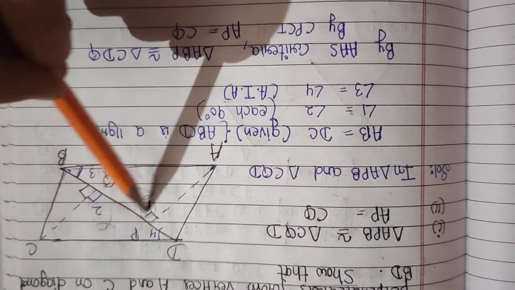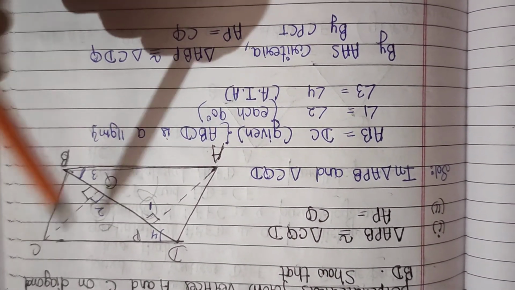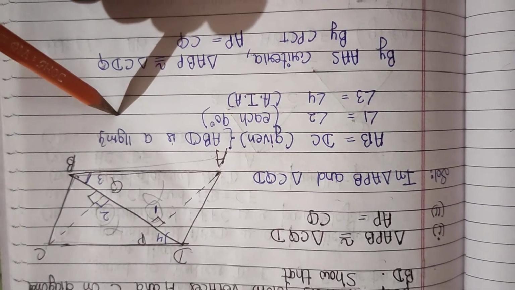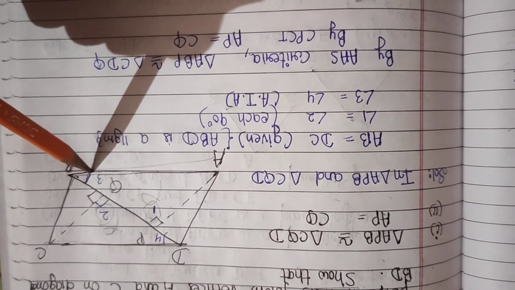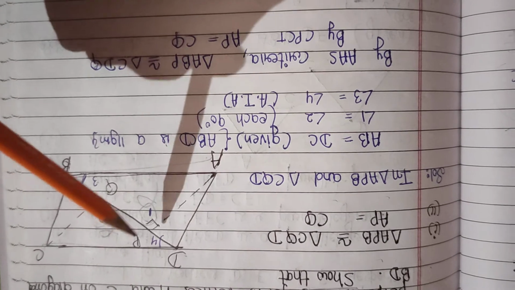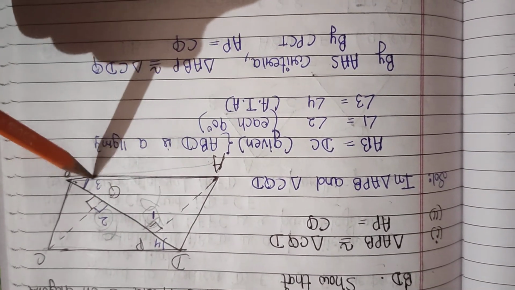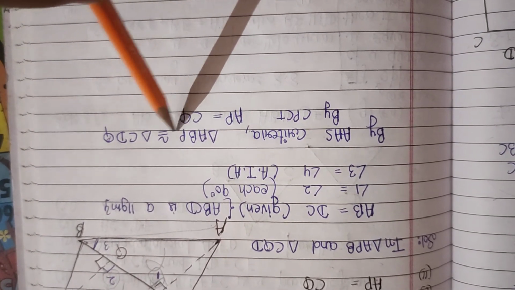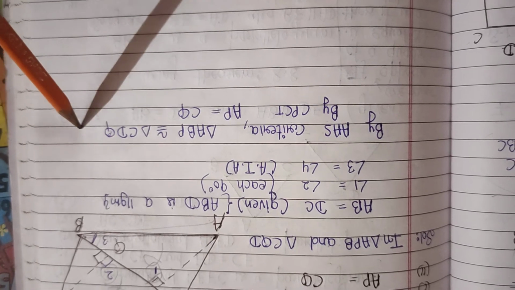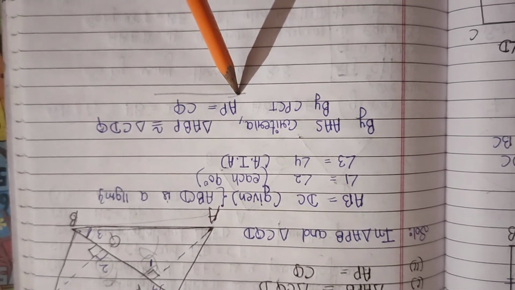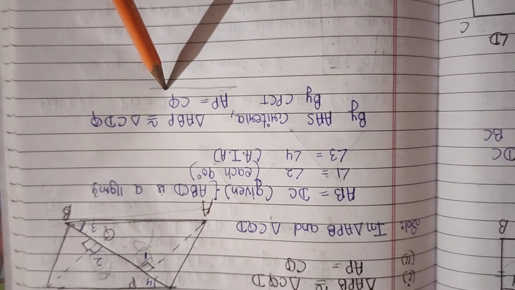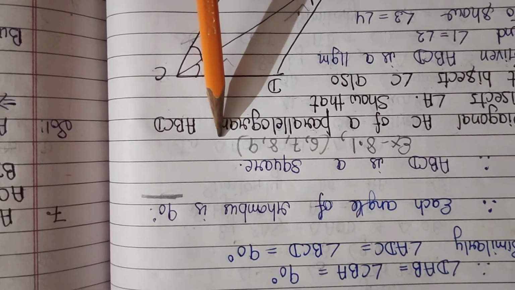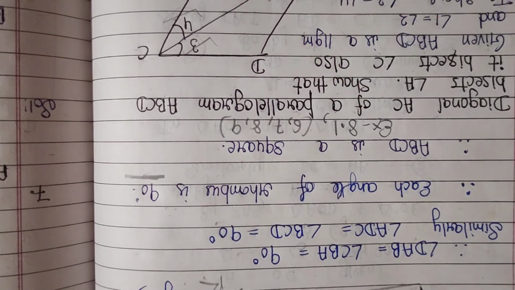So we can take that angle 1 and angle 2 both are of 90 degrees. And AB is equal to DC. These are the opposite sides of the parallelogram. And angle 4 is equal to angle 3. These are alternate interior angles. So we can say side, angle, side. So by the angle-side criteria, triangle ABP is congruent with triangle CDQ. And by CPCT, we can say AP is equal to CQ. Now today you will do question number 6 to 9 of exercise 8.1 in your fair notebook.